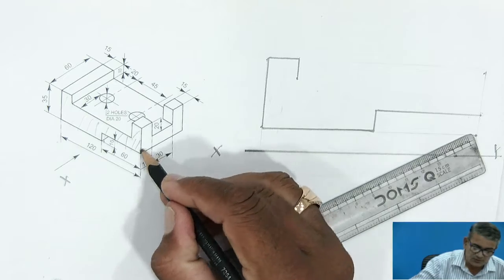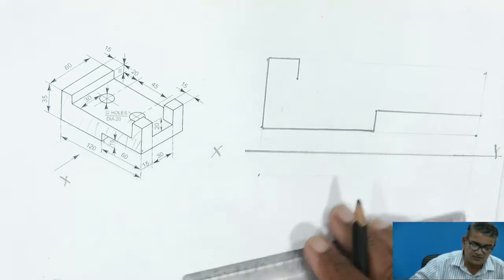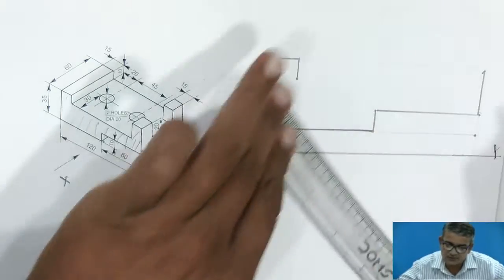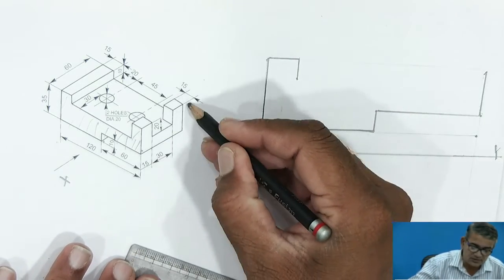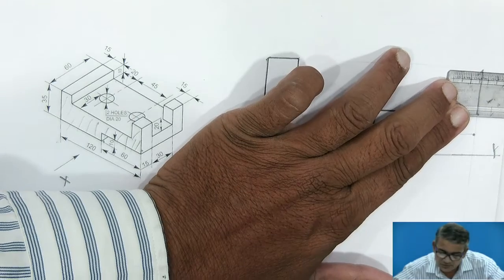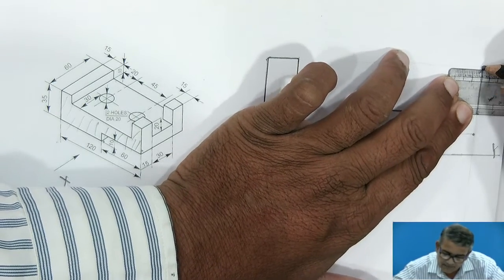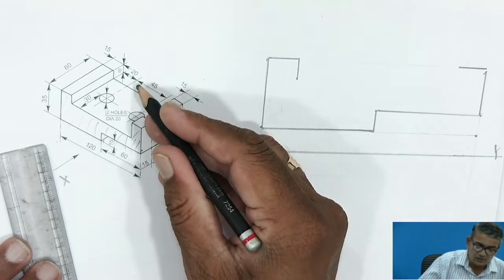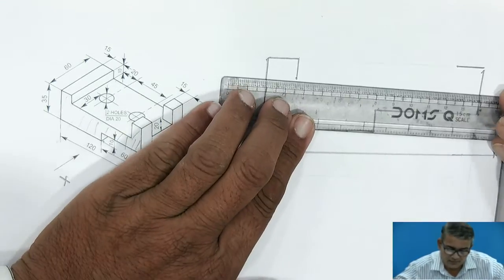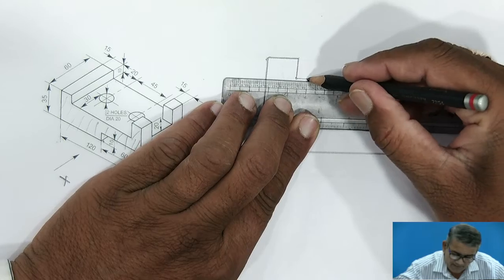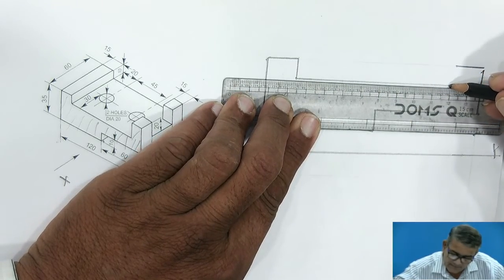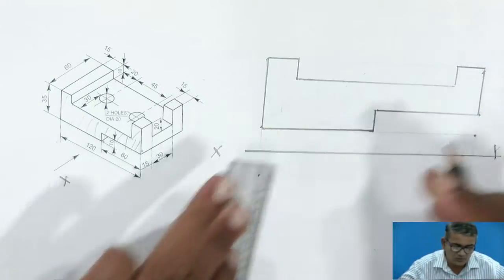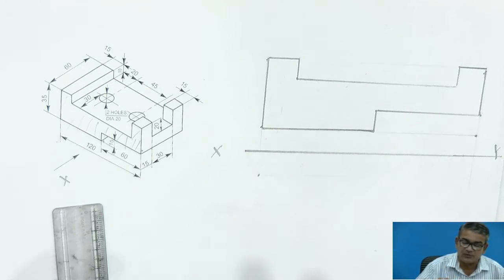So from this end you have to travel vertically. What is the maximum dimension? This 35 mm. So draw 35 mm here. Then how much is this? It is given as 15 mm. So travel 15 mm and draw downward. How much? 10 mm, as given. So you have to draw this one because this portion is parallel to you. You have to draw it as it is.